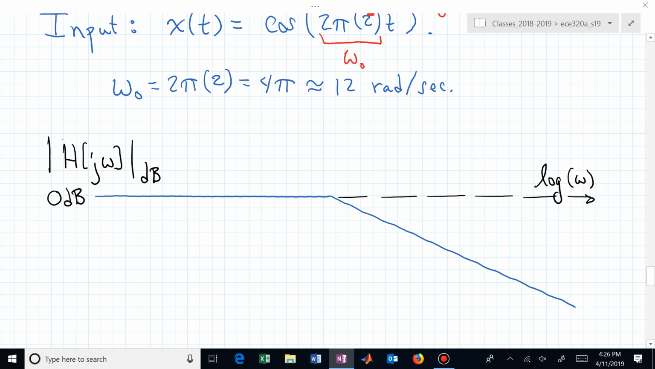And then how big was our filter? How many poles did we have? What was the order of our filter? 1. It was a first order low pass filter. So now we're rolling off at how fast? 20 dB per decade, or 6 dB per octave, just depending on how you want to think about this. But this slope now